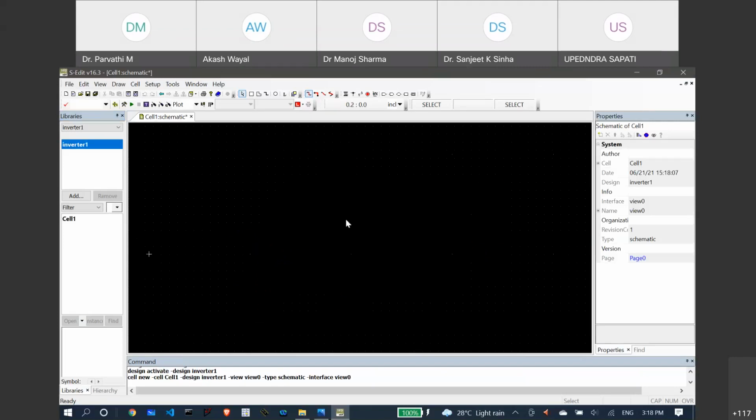Okay, so just wait. Akash, since you have already done all those things, but someone has not performed yet, we'll start with this one. First step is to go for this file, make a new file, then go to the cell, new view. After having this black kind of window in front of you, what you will do is go for, in the beginning we have discussed that,